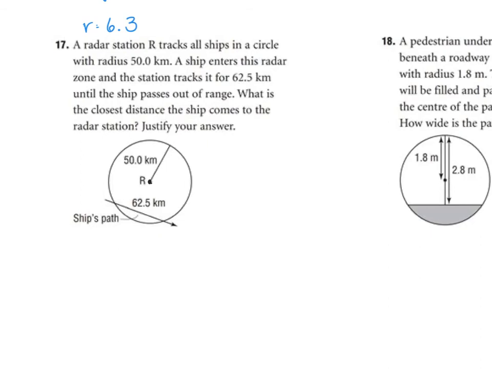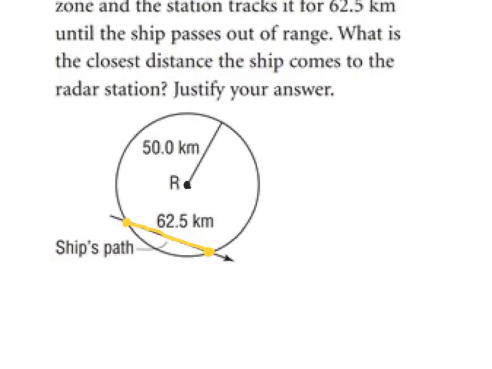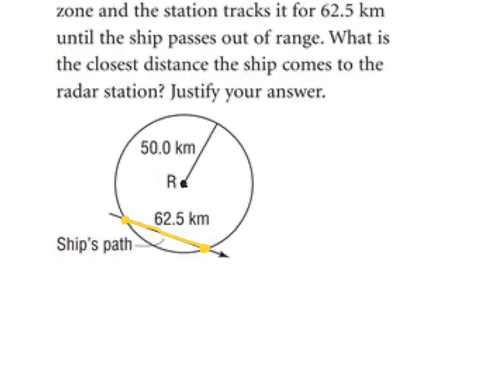Okay, so that looks like from here to here is 62.5 kilometers. Okay, so that looks like a chord. What is the closest distance the ship comes to the radar station? Okay, this actually isn't as bad as it seems. So in the whole path of the ship along this yellow line, where is it closest to the radar station